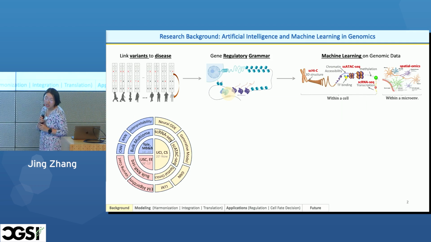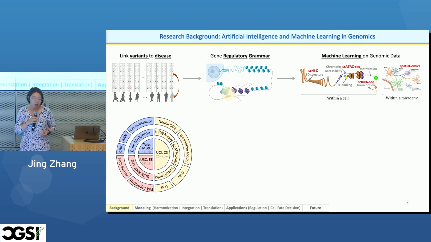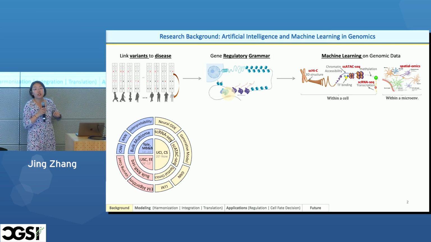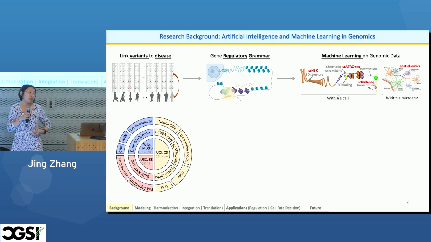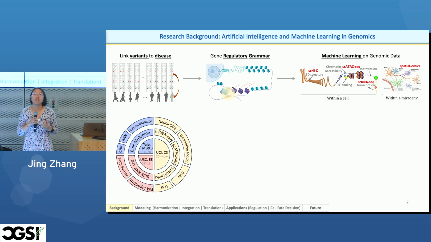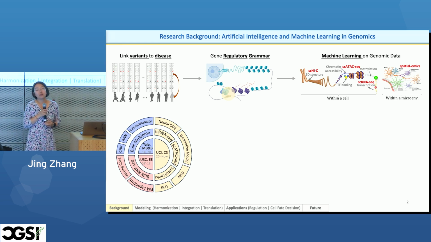Humans have a huge genome, 3.2 billion base pairs. And compared to the reference genome, we know there are many, many variations. Those variations make each of us one of a kind. But unfortunately, they also encode a lot of the risk for genetic disease. So my goal is to develop computational methods to interpret these variations in the human genome and link them to the phenotypes.